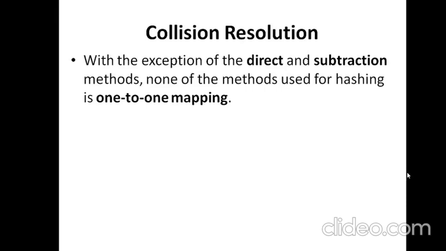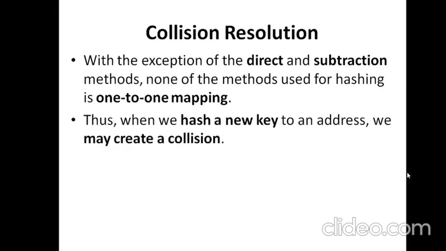The problem of collision happens in every hash technique except the first two techniques which we discussed, direct and subtraction. That is because these two techniques assume that the number of keys is equivalent to the number of addresses. Only then can we implement either direct or subtraction. So small implementations with a small list size can be done this way, and no collision needs to be tackled. But for other schemes which are meant for larger volumes of data, collisions are inevitable.